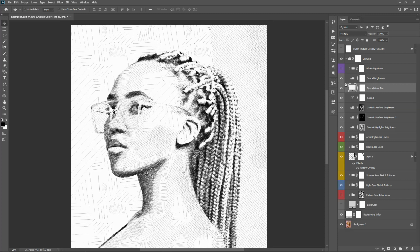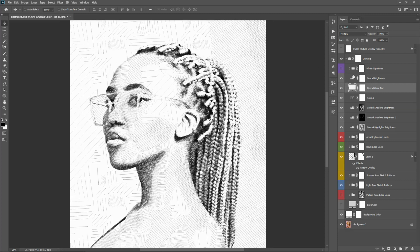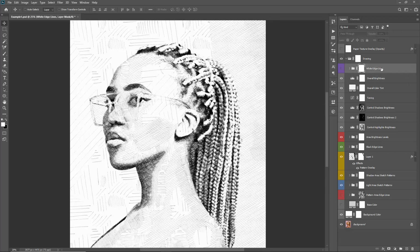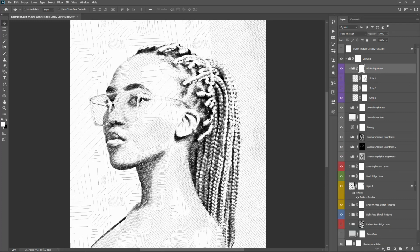Overall brightness: if you want to affect the overall brightness of your design, just double click on this one and adjust these handles here. White edge lines, turn this folder on. Now by default, so what I might do here to make this a bit more evident, I'm just going to